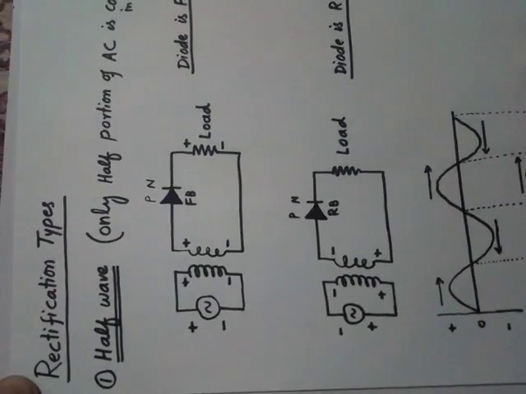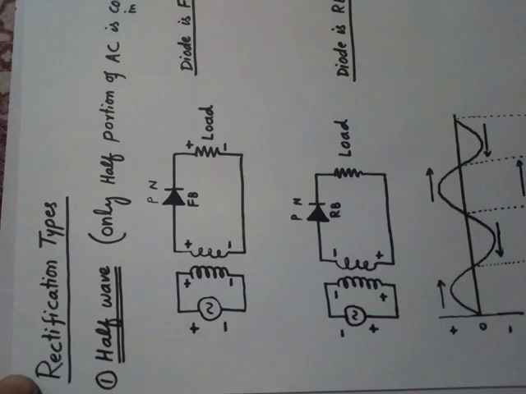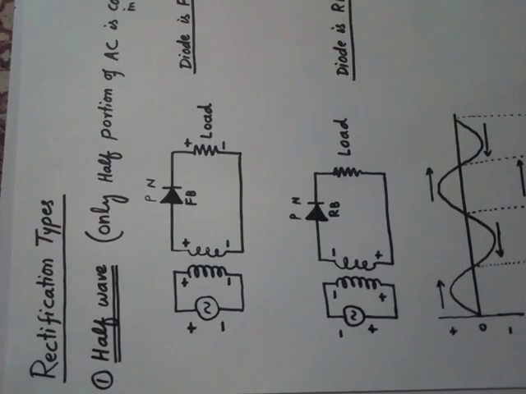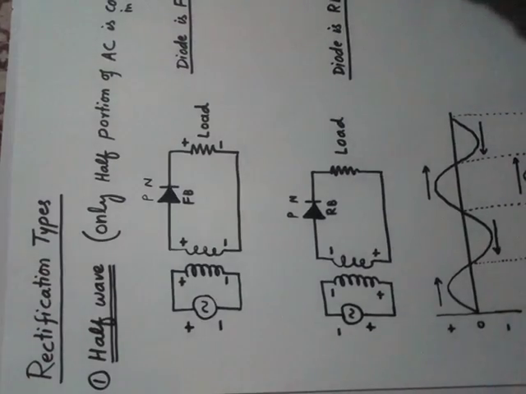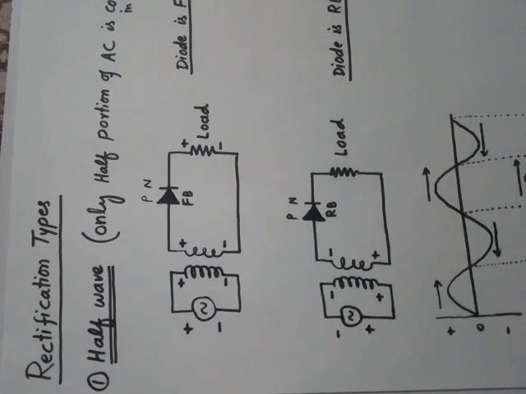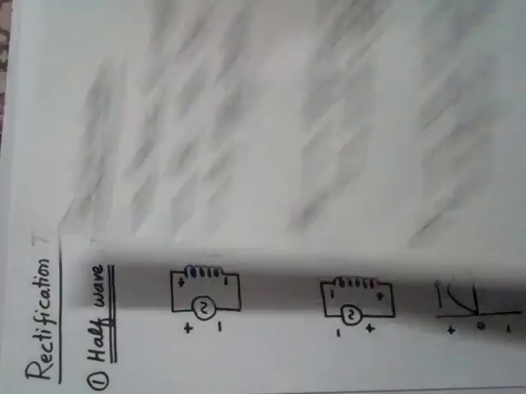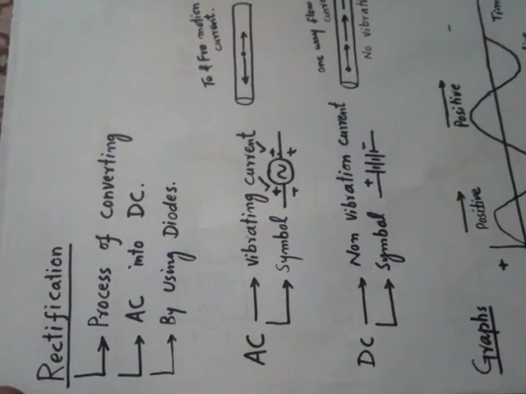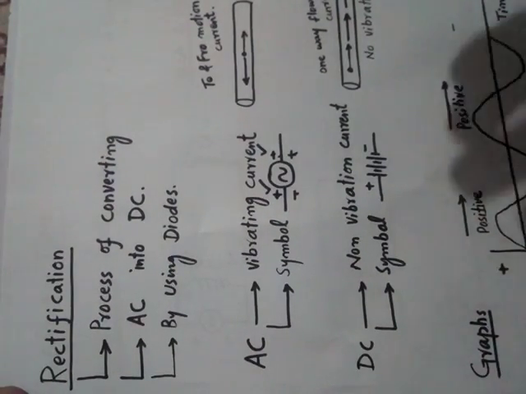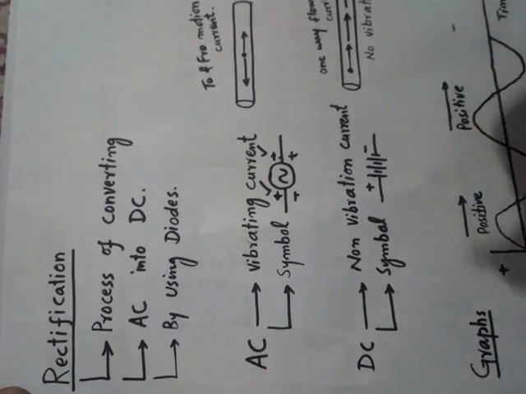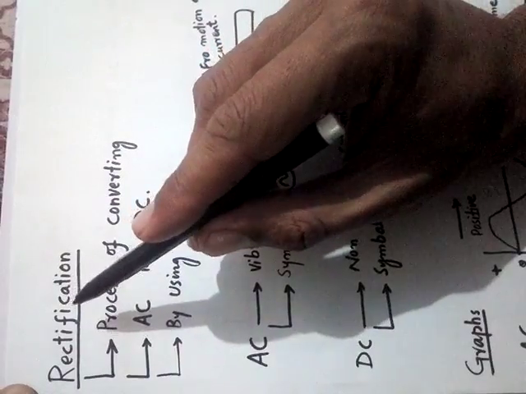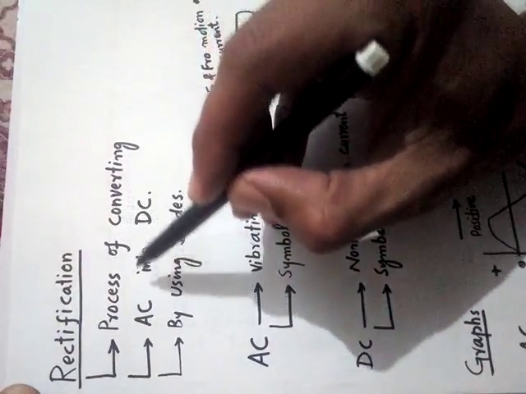Grade 12. Dear students, today we are going to discuss rectification and its types. As we know, we have gone through the topics of rectification, and before going into detail, I would like to have a very quick note on the rectification concept. Dear students, you can see that in the last lecture we discussed rectification, and we defined rectification as the process of converting AC into DC